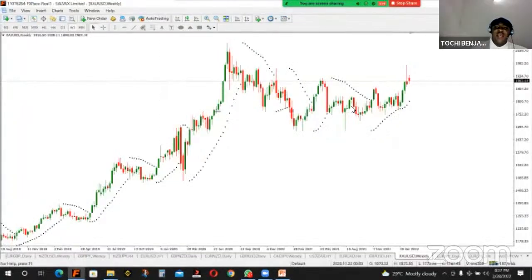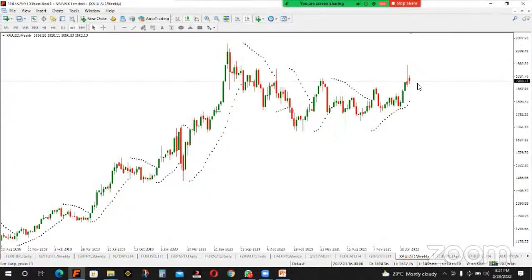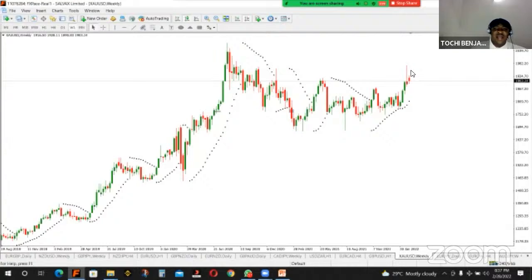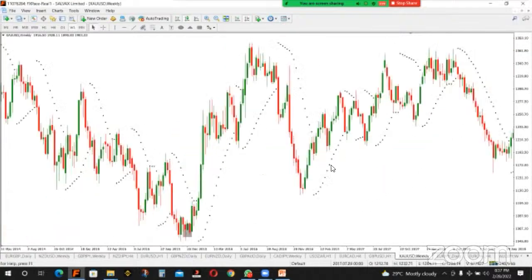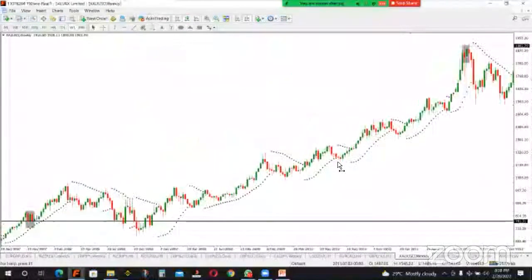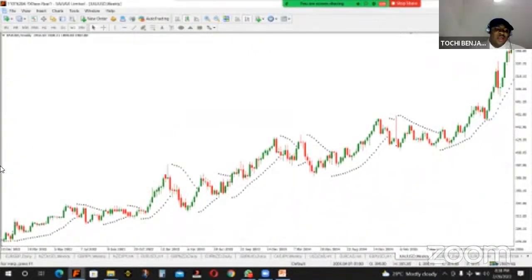Okay, now this is the chart. This one is as of today, February 28, 2022. That's the date for today, that's this current price. This is a weekly time frame. Now, look at the chart. I'm just scrolling my chart back. Let's go from where it started, on the weekly time frame.